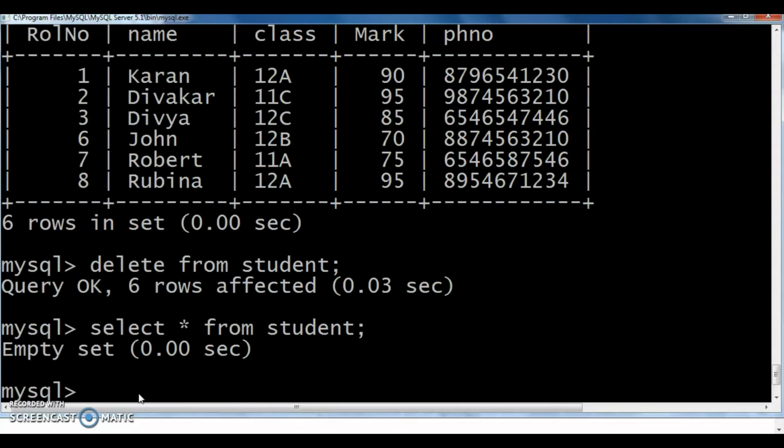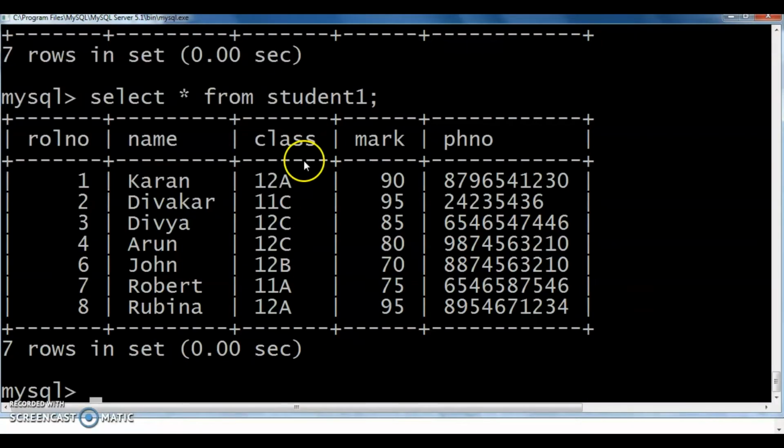Okay? Clear? Next one, alter table command. It is used to change the definitions of existing tables. Usually, it is used to add columns, to redefine a column's data type, size, default value, etc., and to add an integrity constraint. Here I have to add one more column to this table student1. The column is stream. For that we can use this alter table command.